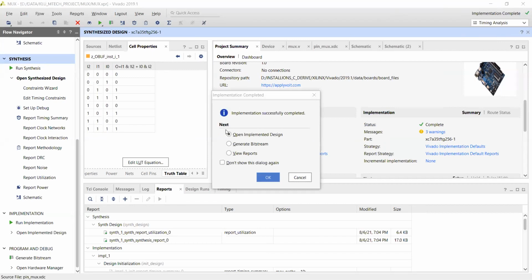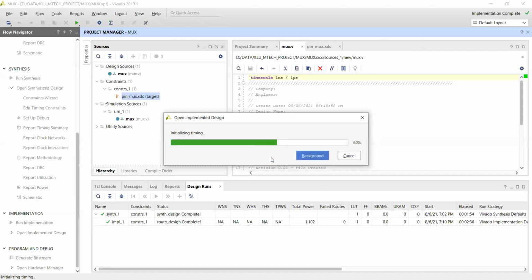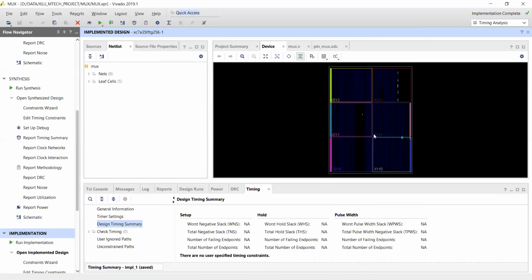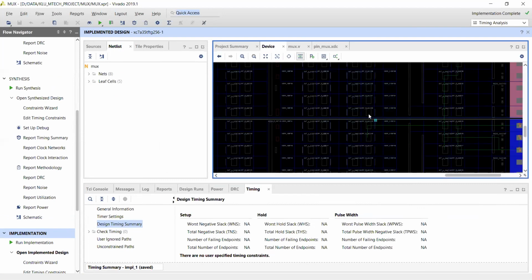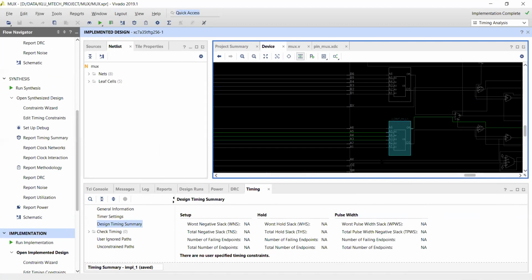I want to see the open implemented design. In the device, any one place is occupied by one LUT. See here in the top corner, it is there. Very small. In the 6 input LUT, it is occupied and it is routed.